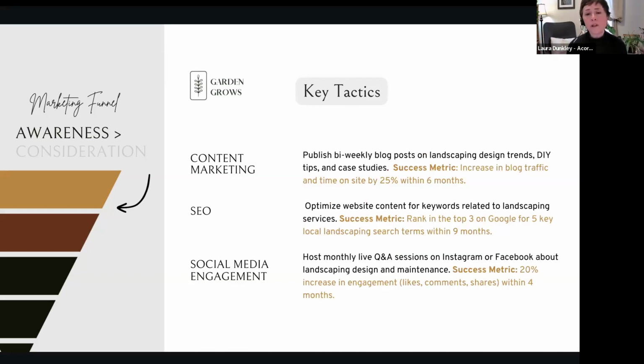We're going to push out a bunch of blogs, and how much traffic are they going to get? SEO, optimize for keyword search on our website, make sure our website is optimized. Social media engagement, we're going to start to do live questions, Instagram, we're moving, and that's how we're going to get more followers, right? Things are happening. Oh, it's interesting. I'm going to follow it. You got to build it.